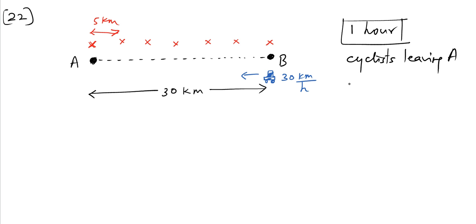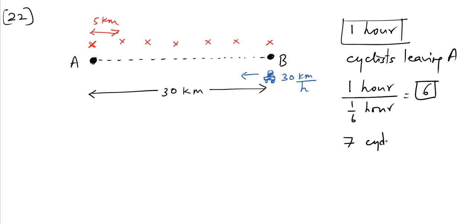So naturally, if I divide 1 hour by 10 minutes, now 10 minutes is 1/6 of an hour, so you get 6. So there are 6 intervals of 10 minutes in 1 hour, and at the beginning and end of each such interval, a cyclist will be leaving A. So naturally there will be 7 cyclists which leave A for B